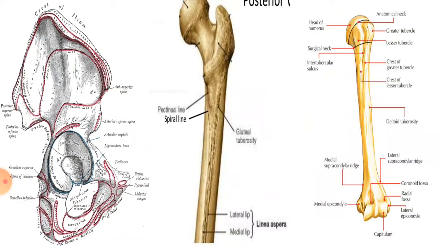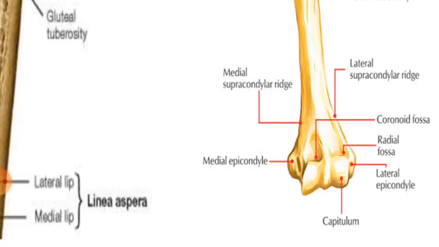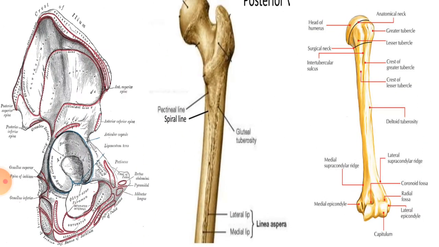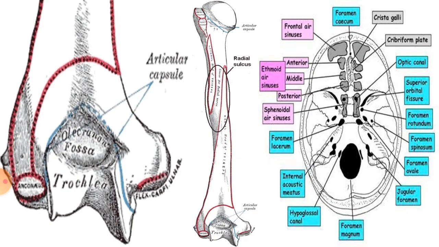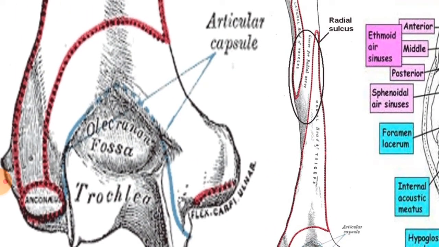And in the humerus, the lower ends are basically the modified condyles, lateral and medial epicondyles, and the articular parts are the capitulum and trochlea. Trochlea is a part of the humerus which is pulley shaped, and this is that part of the humerus which basically gives the attachment to the projections of the ulnar bone.